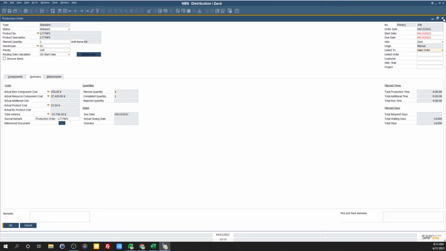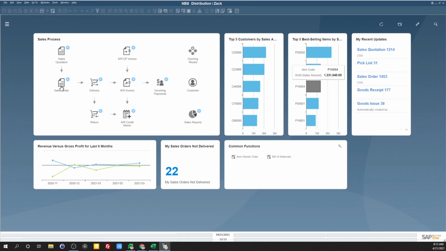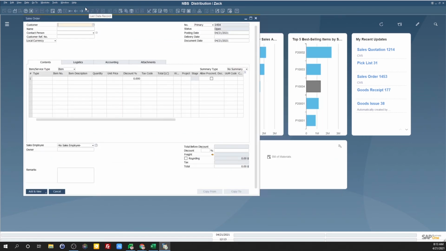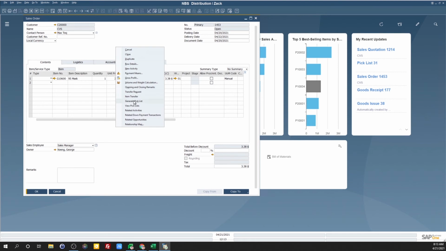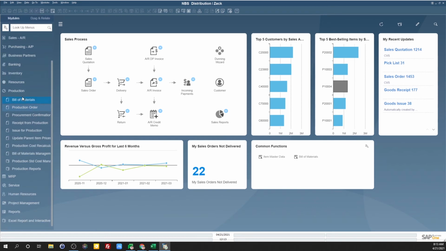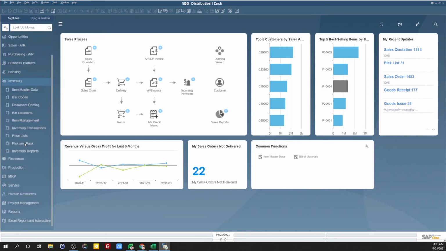From a distribution perspective, we do handle again the sales process, but with each sales order you have the ability to set pick lists, so that your warehouse team can view that pick list information based off the generated pick list off the sales order in the pick, pack, and production manager. So if I go back into my modules here and go into inventory, I can see overall my pick pack production manager,